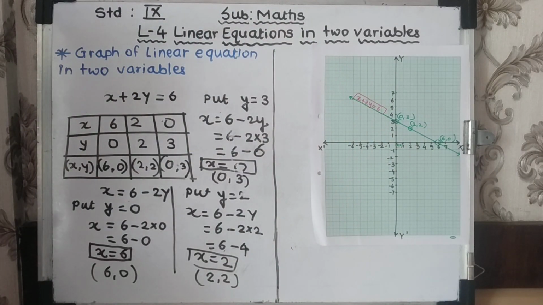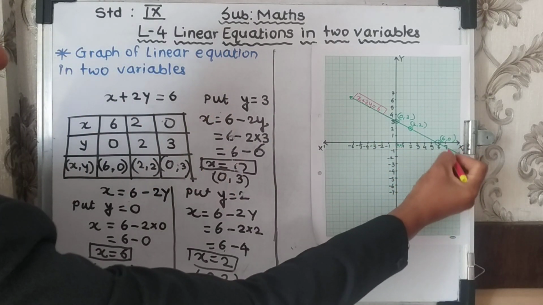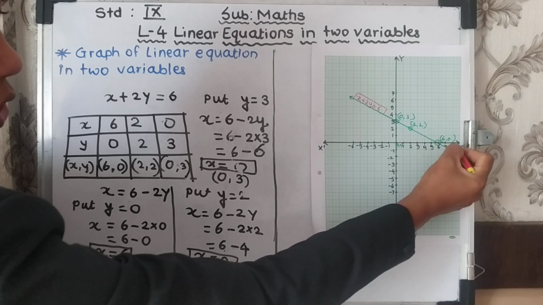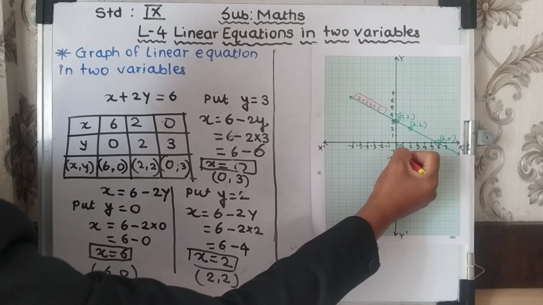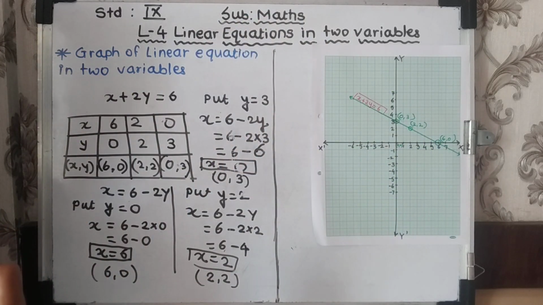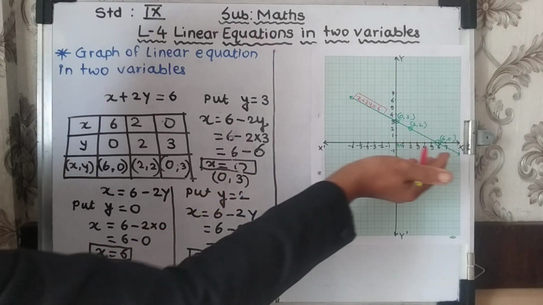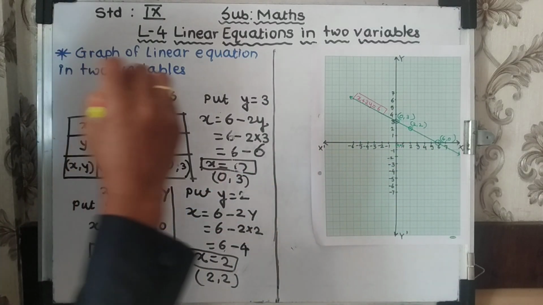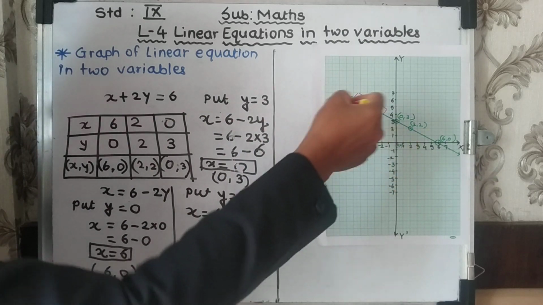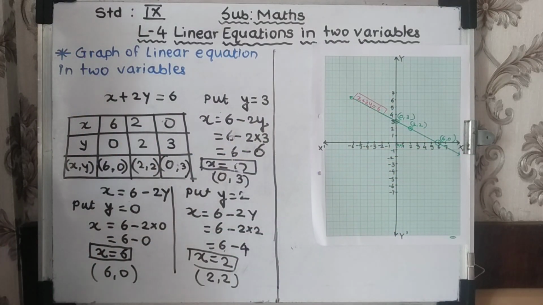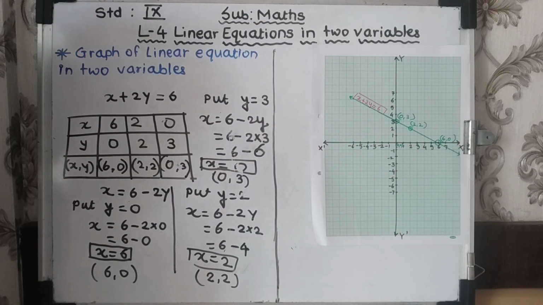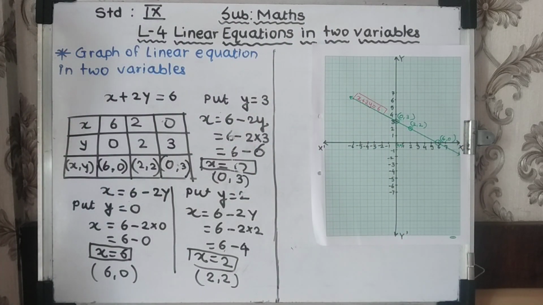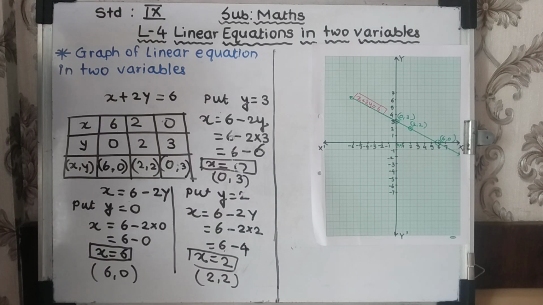Are you getting it? Similarly, suppose here 8 is there. So I am taking 8, and it intersects over here on the y-axis, suppose at -1.2. So that one will be a solution of the equation. Every point like that is a solution of the equation, but the condition is that the point should lie on the line. So any point (a, b) which lies on the line gives a solution of the equation.